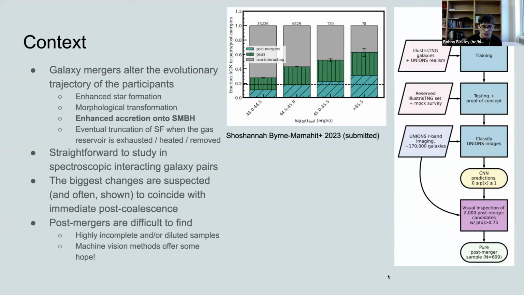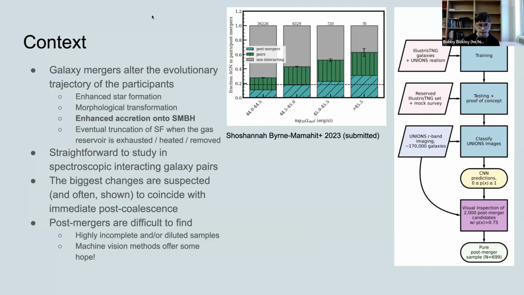As I said, these results are really new in the sense that I'm still working out details of some of the methods. So I want to say early on that I would really welcome, in the Q&A phase of the presentation, some feedback or any thoughts that you have about the procedure or the results. But I'll start out with a bit of context, and that is to say that in a general sense, we're pretty confident that mergers between galaxies, particularly major mergers between galaxies, alter the evolutionary trajectory of the participant galaxies.